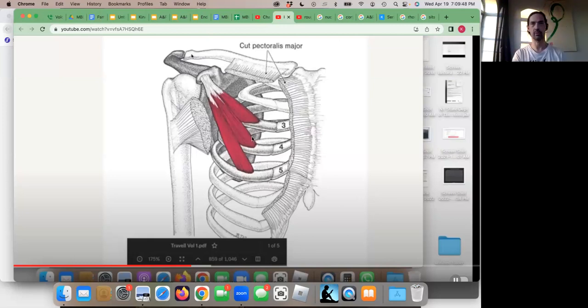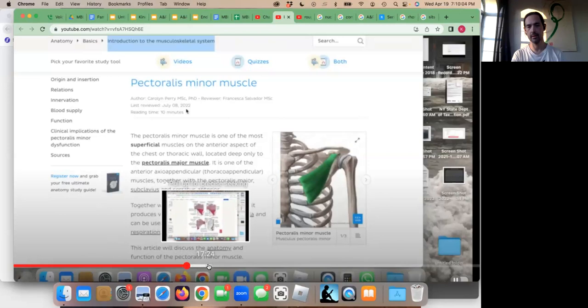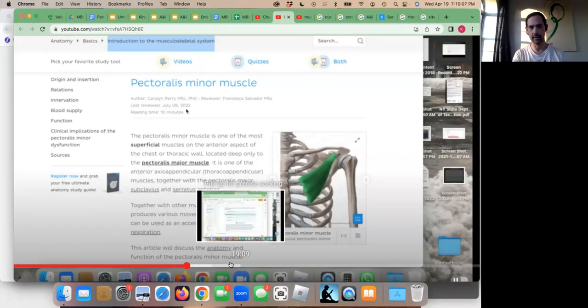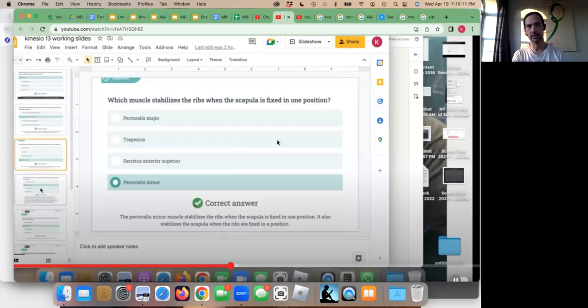I remember there was a question that we started with, which of the following muscles has attachments at the coracoid process? And here's the same pectoralis minor from Kenhub. A question. Yeah, this is a perfect example of a question, which I don't think they're going to ask you,